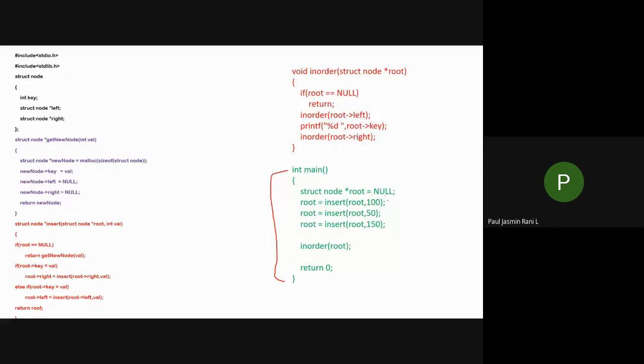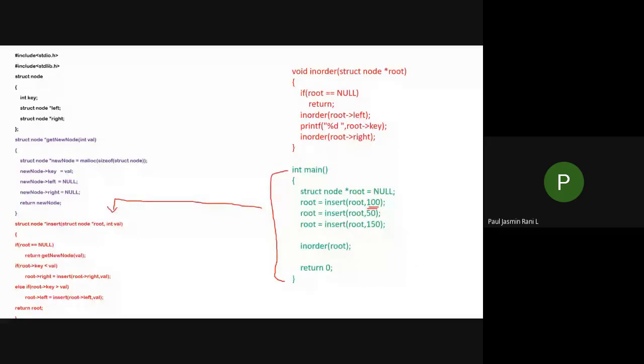For a simple program, I have taken the direct value. According to your program, you can get input from your user. I want you people to write your own program in such a way that you get input from your user, because in this program, by default, I gave the input in the program itself. First, I gave the input as 100. So if the value is 100, I'm calling the insert function, so it enters into this function. What is my initial root value?